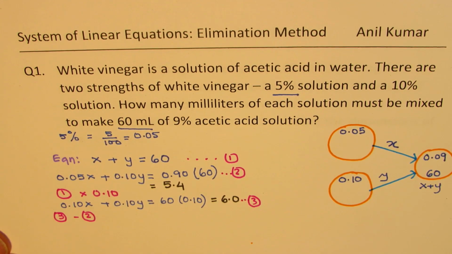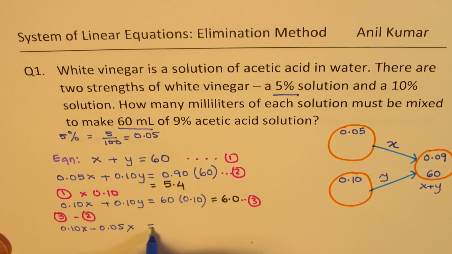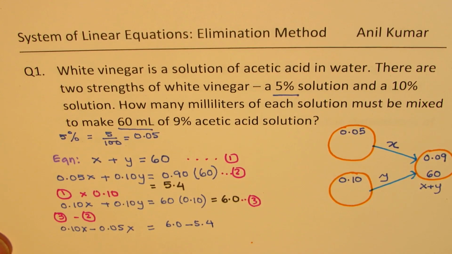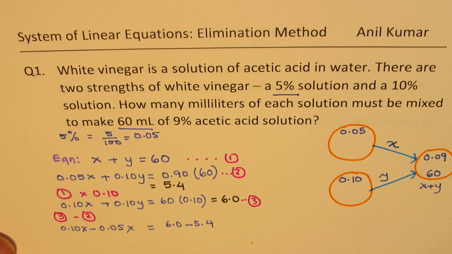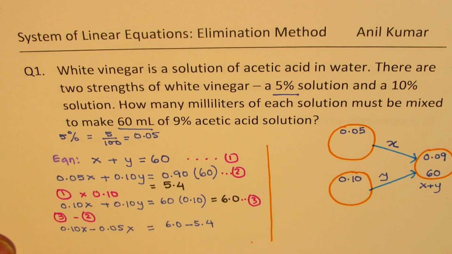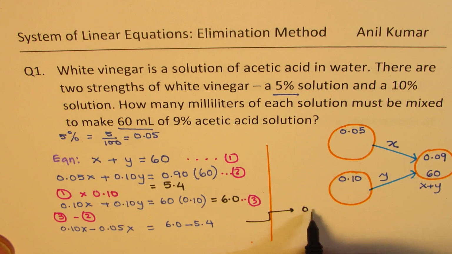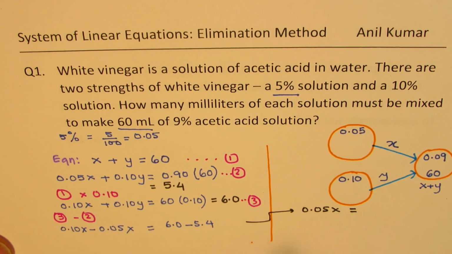So if you do that, then 0.10x minus 0.05x, these two quantities cancel Y, and gives you 6.0 minus 5.4. Clear? So that is how you get your equation. Now we can always solve this equation and find our answer. So what we get here is 0.10 minus 0.05. Let's take it on this side. Gives us 0.05x is equal to